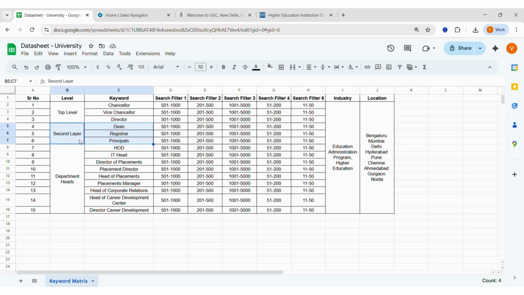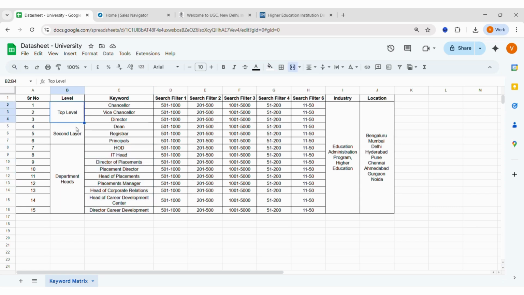Now these people handle the budgets, the operations, and everything. Last, we have the department heads. This includes the HODs, the IT heads, the placement directors, career development heads, all of these who micro down on specific departments. But in the end, the decision or rather the approval is taken either by the registrar or the